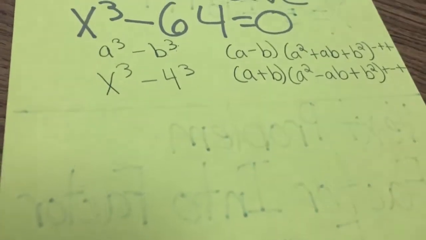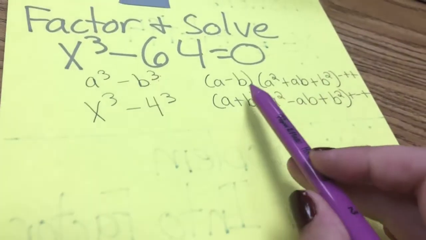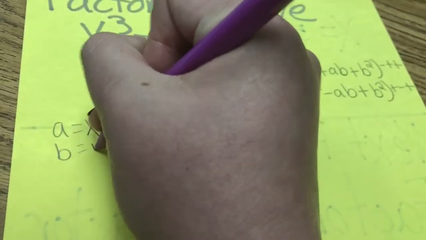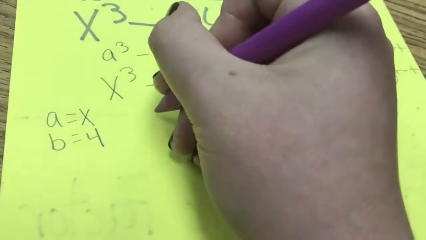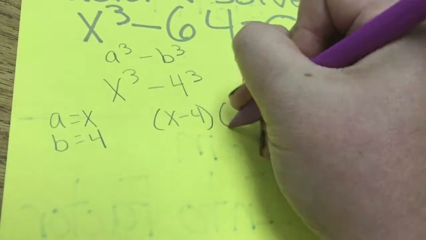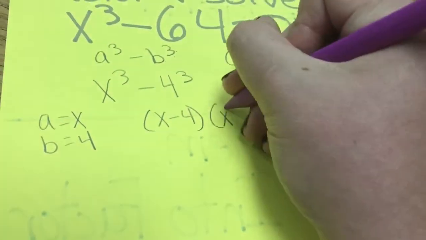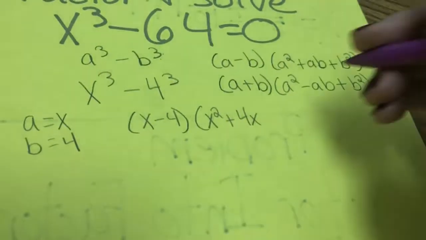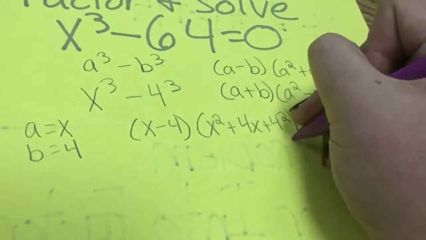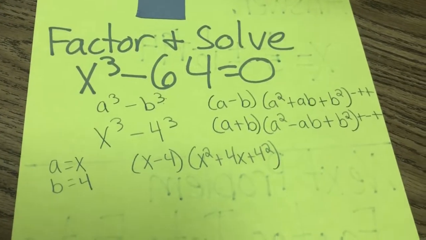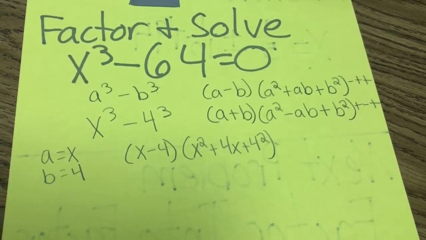So now we can plug it in or substitute into our formulas. So our a was x, and our b is 4. So we have x minus 4, parentheses, x squared plus 4x plus our 4 squared. So that would be our factored form, but this station or card in our scavenger hunt said solve,